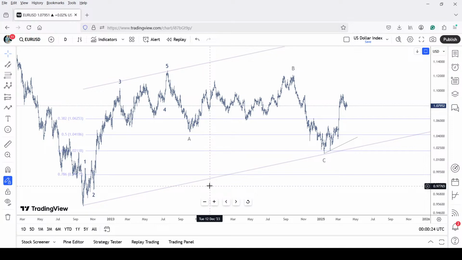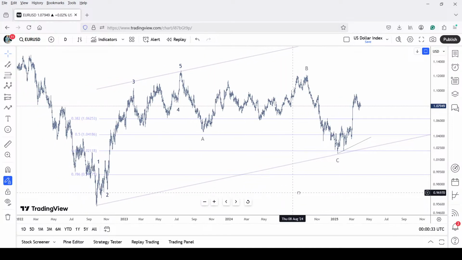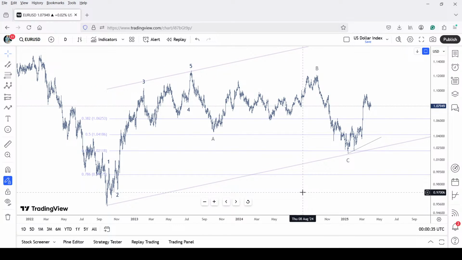So let's get started with the daily chart of Euro USD up on your screens right now. The larger degree counts for euro are as follows. Wave 1, 2, 3, 4, 5. So we got a larger degree impulse at a minor degree, which confirms that the larger degree trend is up and it is incomplete. This confirmation we already received in July